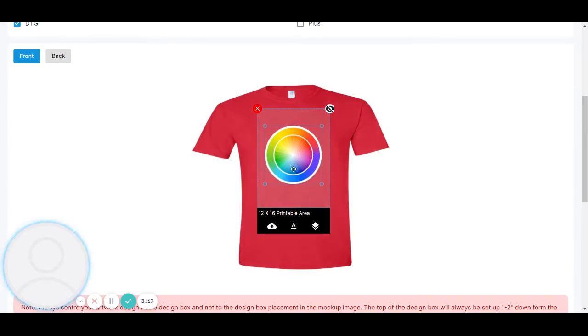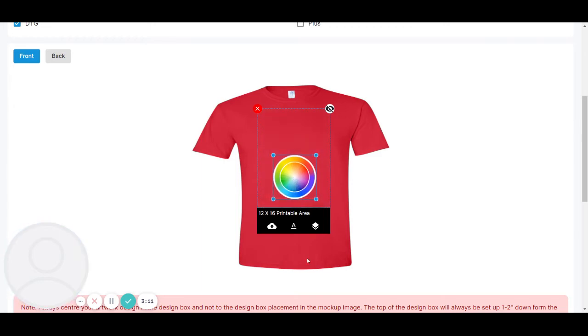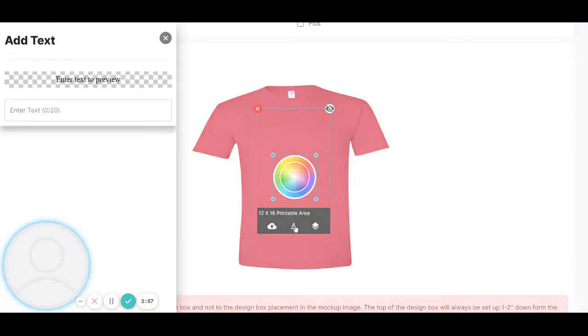You have the ability to place it and move it and size it as you wish, and then add other items or other features. Now, once you add an image to the design tool, the advanced design tool, you'll have a layers feature that shows up, which basically allows you to control all the different parts that you add to your design. So we'll quickly add some text,